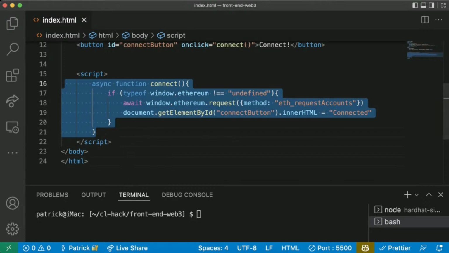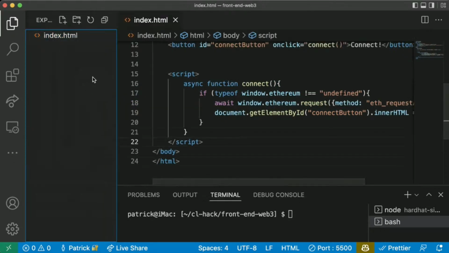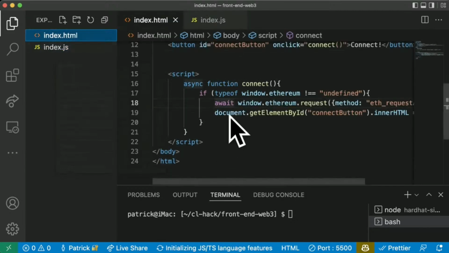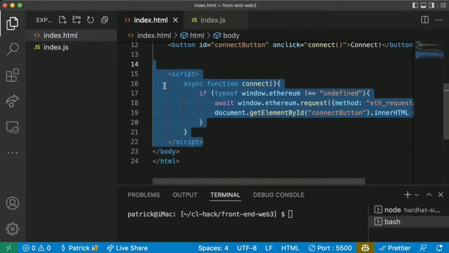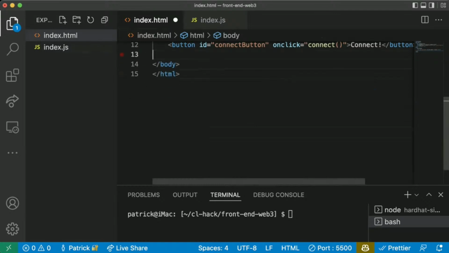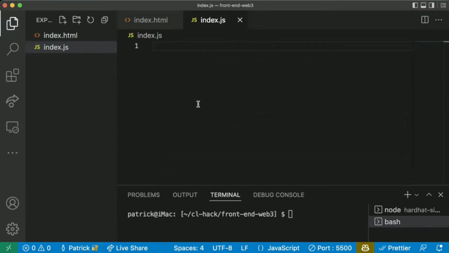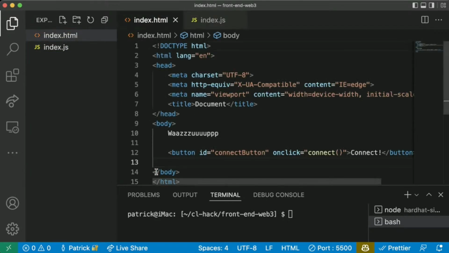So connecting here. Now to show you how to send a transaction, we're actually going to create a new file called index.js. And we're going to move all of our JavaScript out of our index.html and into our index.js. Okay, so I'm going to go ahead and delete all this. Like that. And we're going to add it all into this. I'm just going to paste it. Oh, just kidding, because we're just going to do it with this index.js. Because we can actually import stuff from index.js into index.html.